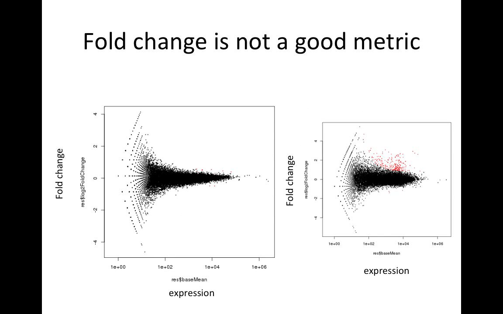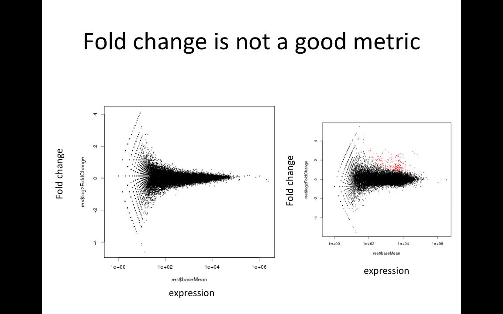So a lot of you have worked with some data so far this week, and hopefully you've looked through Aaron's videos and learned a little bit about differential expression. I want to talk about the fact that fold change is not a very good metric when you're looking for genes that have changed significantly. This is not something I understood when I first started doing short read sequencing or microarrays. I assumed that if something had fold changed more than 2, that was significant, and I'm going to show you